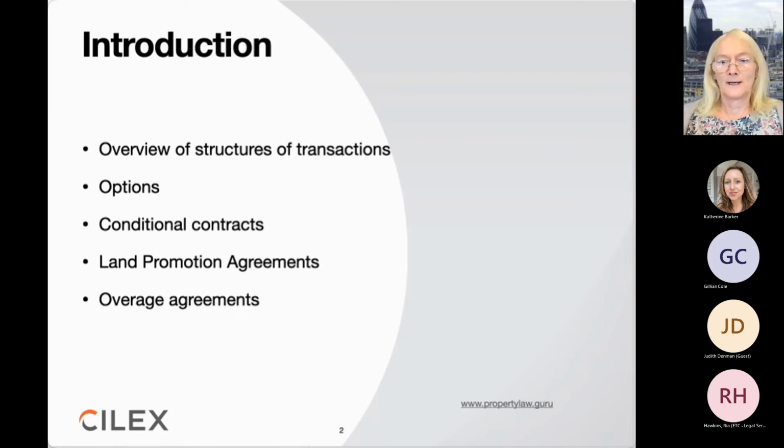So if you've given someone like a builder a 5-year option or a 4-year option, the result is you cannot, in effect, sell your house, garden, or field so long as that option is in existence. And people don't realize that. Perhaps they need to sell the house because they're getting divorced, or one of the joint owners dies, or something of that nature. And nobody's going to buy a piece of land that is subject to an option, because they will probably find that the land is then taken off them by a builder and it's out of their control. So what you have to say to clients is, look, do you realize what this option is?